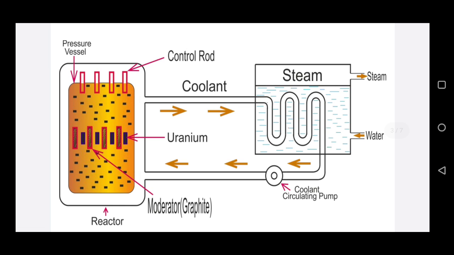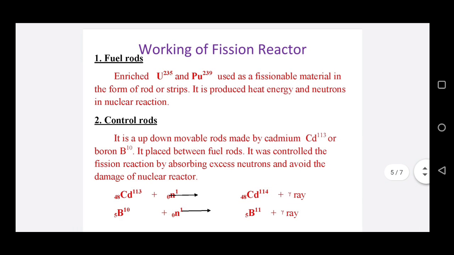When the reactions continue inside the reactor core, a large amount of heat is liberated. If this heat is not controlled, accidents may happen. So to control the amount of heat released, the control rod is used. The control rod is a material which can absorb neutrons when it is inserted into the uranium bundle.